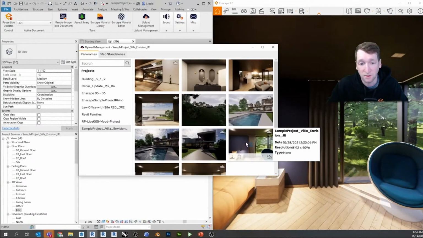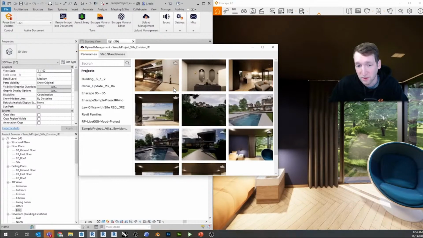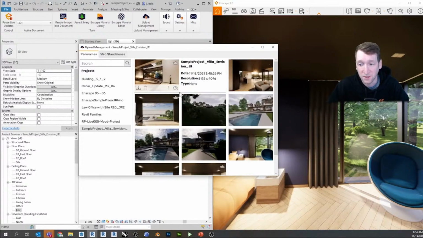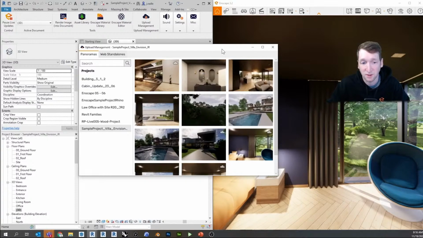And now what we can do is, hey Kai, do you remember that panorama or that QR code I sent you a while ago? Mm-hmm. Well, I've recently made an update to that model. So give me a second here. I'm going to show you this new feature where it's going to update that. Because previously, once you do a panorama and you send the QR code or the link, it's locked to that position in time. So if I make an update to the model, I'm going to have to regenerate that link and then regenerate that QR code and resend that to you.